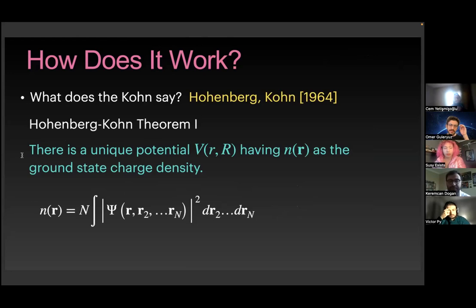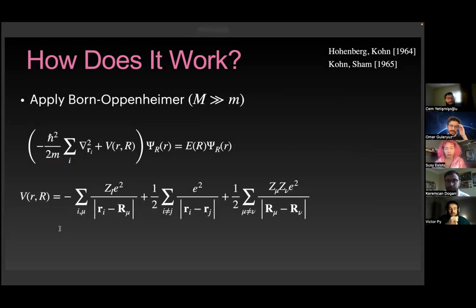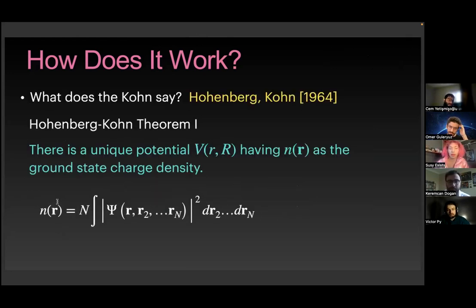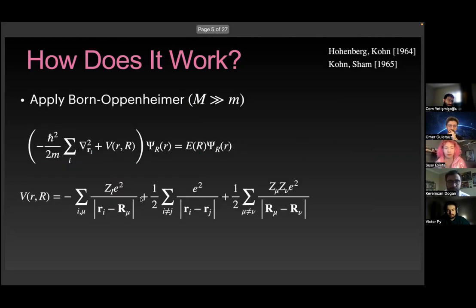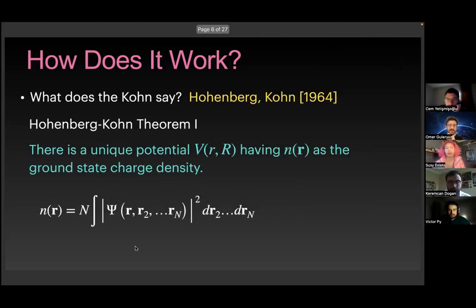After reducing our Hamiltonian, we still need something more to solve this problem, because this is still something big to solve. We have a potential and there are a lot of terms in this potential. So how can we simplify it? There's a theorem called